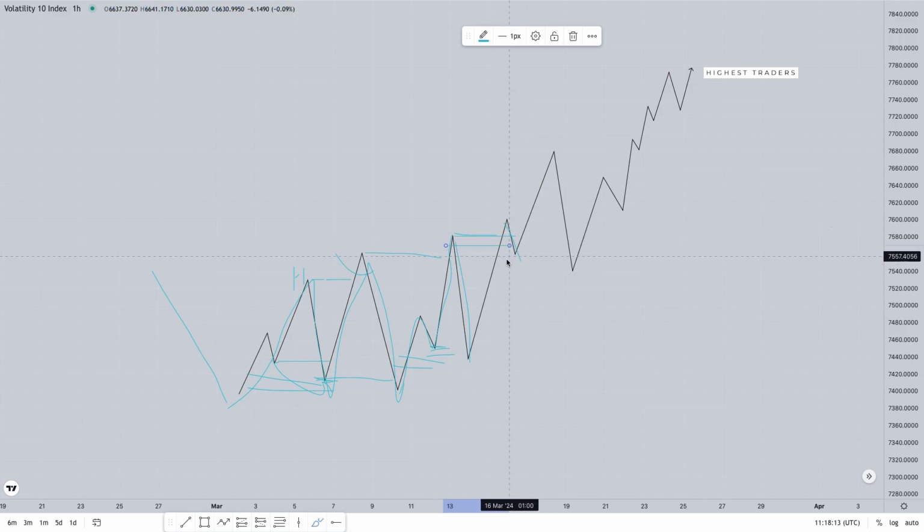So it is right here. It is also still a valid inducement, so do not get it confused. The fact that I always put the inducement within the structure doesn't mean that the inducement should be there all the time. The moment it's a significant pullback on that particular impulse that broke the structure, sometimes it can happen here, just like this ends. I'm going to explain when I get there.